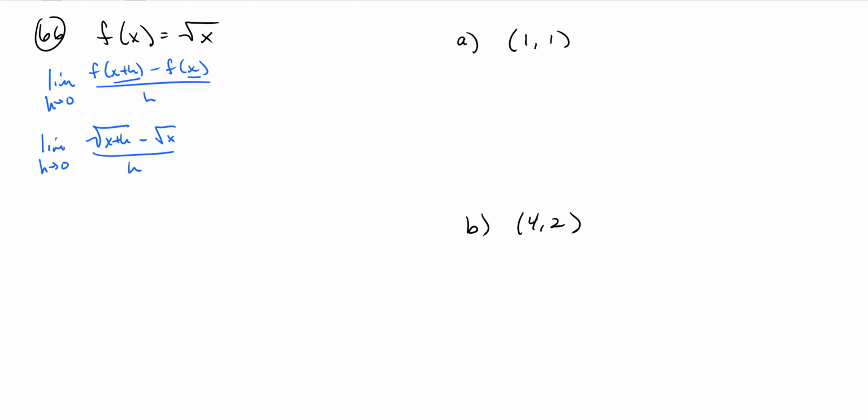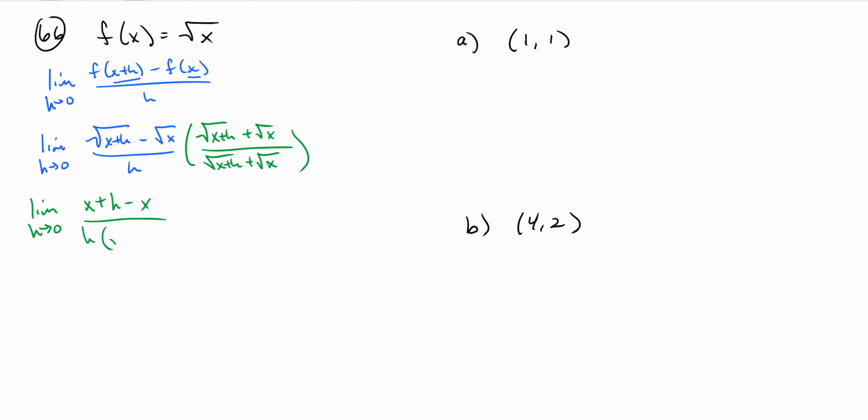This is very similar to the one that I just finished doing, number 34. So we're going to multiply by the conjugate, square root of x plus h minus the square root of x over radical x plus h plus radical x. So we're going to get the limit as h goes to 0 of x plus h minus x, because we're just squaring the first term, squaring the last term, and then I've got h times radical x plus h plus radical x,